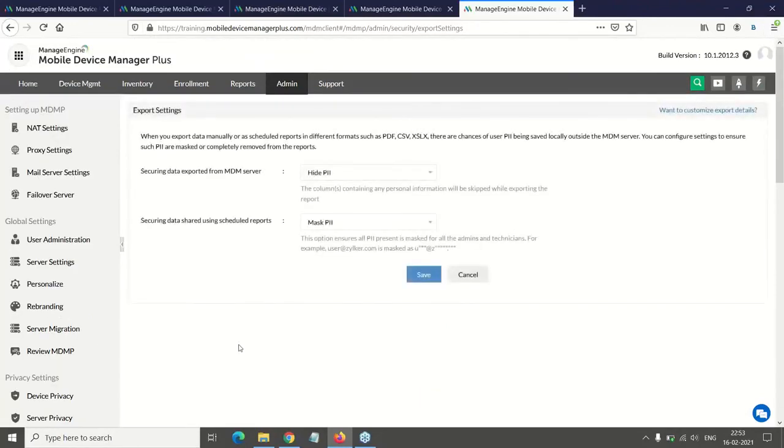So you will have the option to hide the PII data or mask it, or you can also leave it to the technician when he exports the data. He can choose whether to mask it or hide it and then schedule the reports.